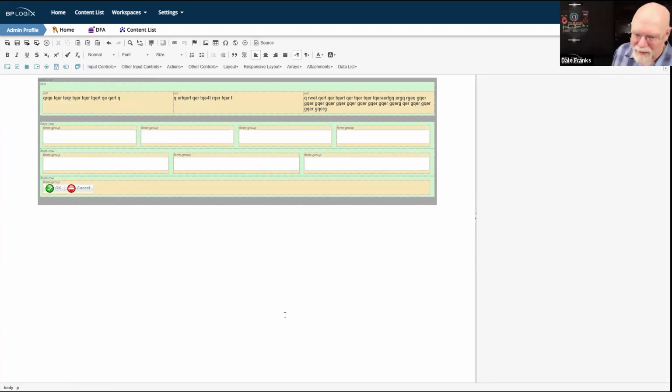So, danger, danger, danger, as the Crocodile Hunter used to say. If you're going to use this, you should know what you're doing. And it's not really something that I can probably teach you in a couple of minutes or even a couple of hours. You're really going to need some familiarity with HTML, CSS, and in general with the Bootstrap framework. So if you don't have those things, this is probably not a great option for you. If you are an HTML sort of guru type, then maybe a perfectly fine option for you. Up to you.